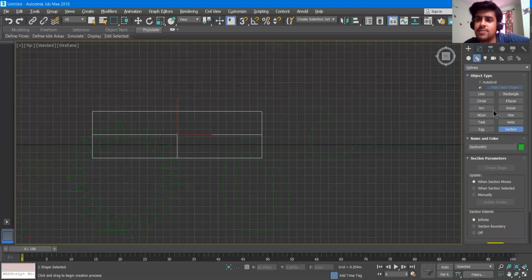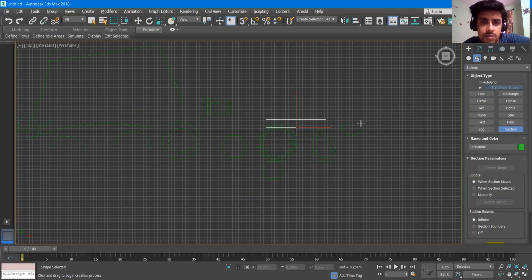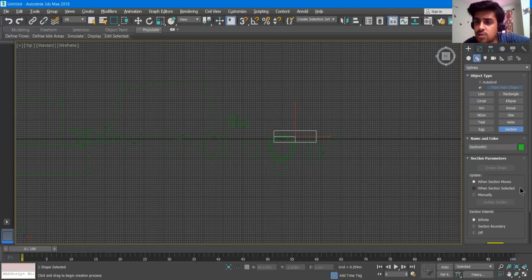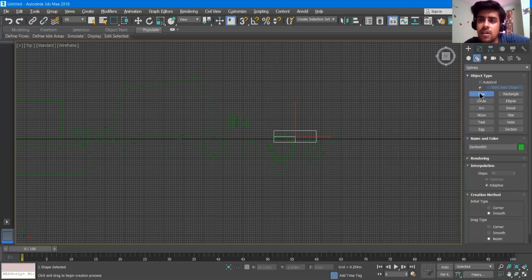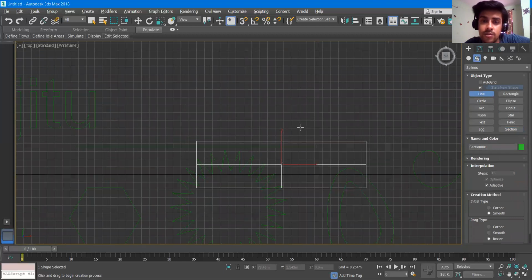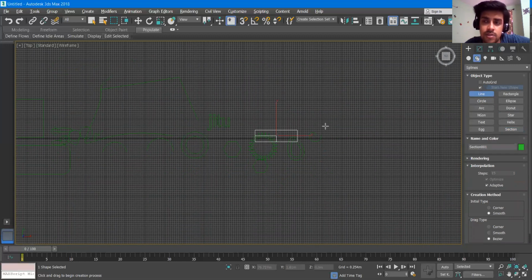Okay, the circle, ellipse, and arc are quite usable for architectural purposes. Okay, so draw all these objects by yourself, and please let me know if you're stuck somewhere, because these lines are going to be very useful in our upcoming lectures. Okay, these basic ones, that is line, circle, ellipse, arc, and all.